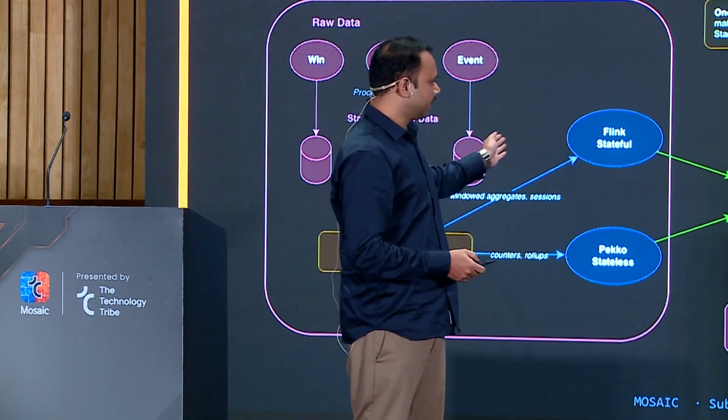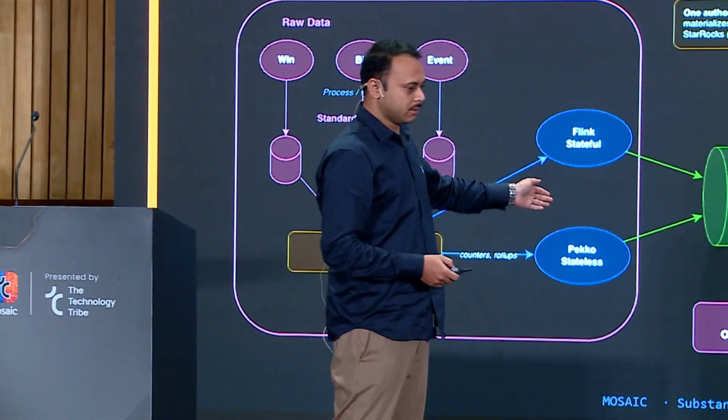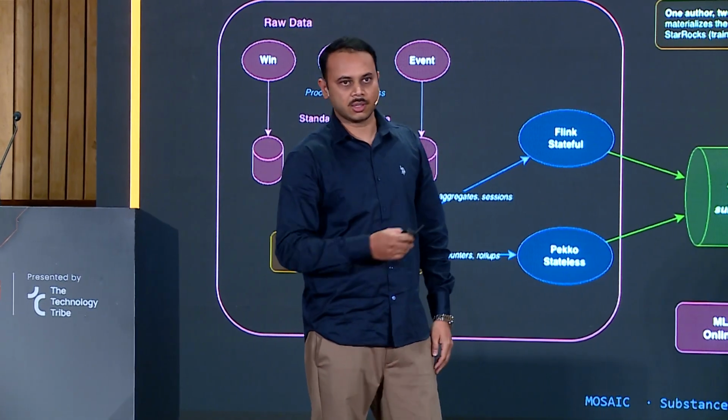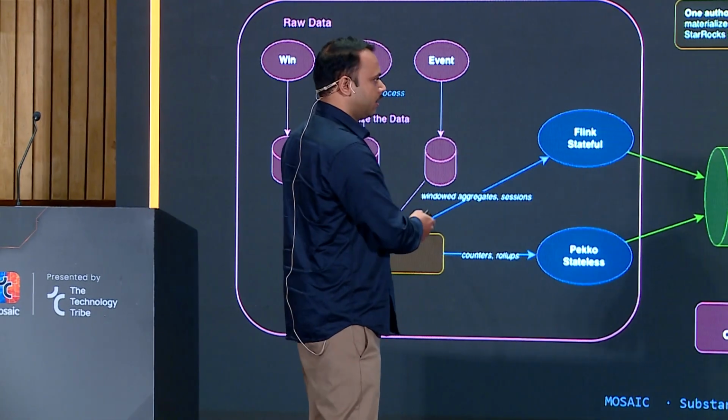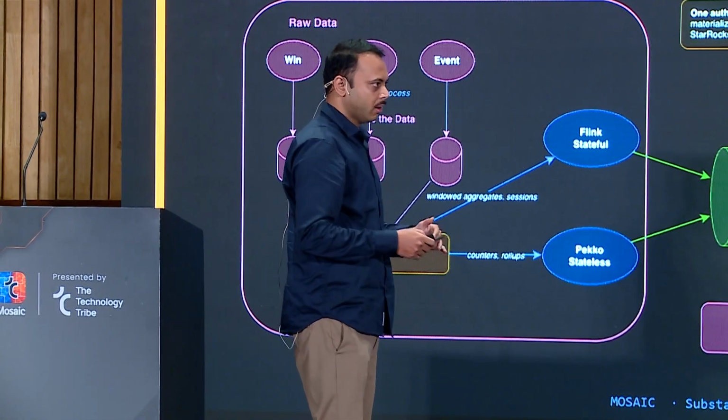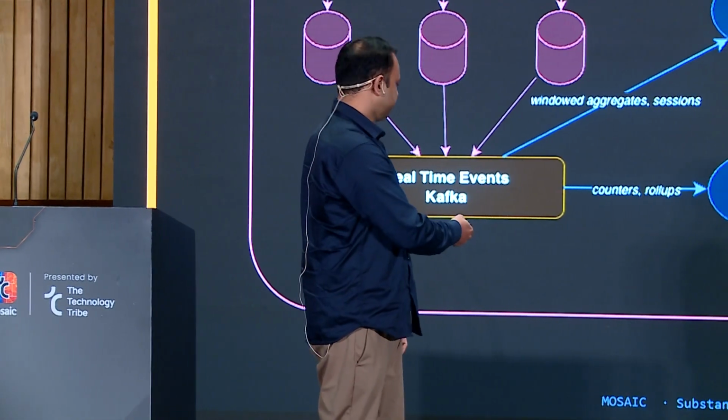And once it is generated, same pipeline, it goes to Aerospike. In Aerospike, we store all these features, serving all our models. This is one part of the feature generation, right, which is online. Second part is